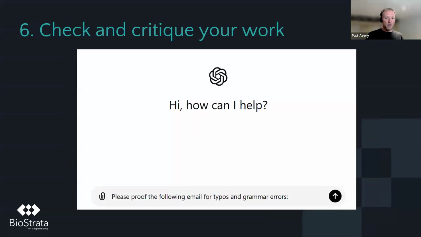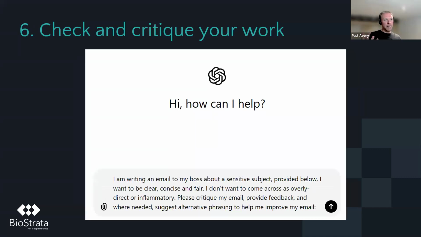Another way that I use the tools is to get them to do proofing and grammar checks for me on long emails, especially if it's a last thing on a Friday. They've got really, really good at spotting those errors. They weren't great 6 months ago, but now they're much, much better at spotting all the issues and telling you what to fix, or they can even rewrite your email for you and fix all the errors for you if you want them to. They can also provide wider critique, which I really like.